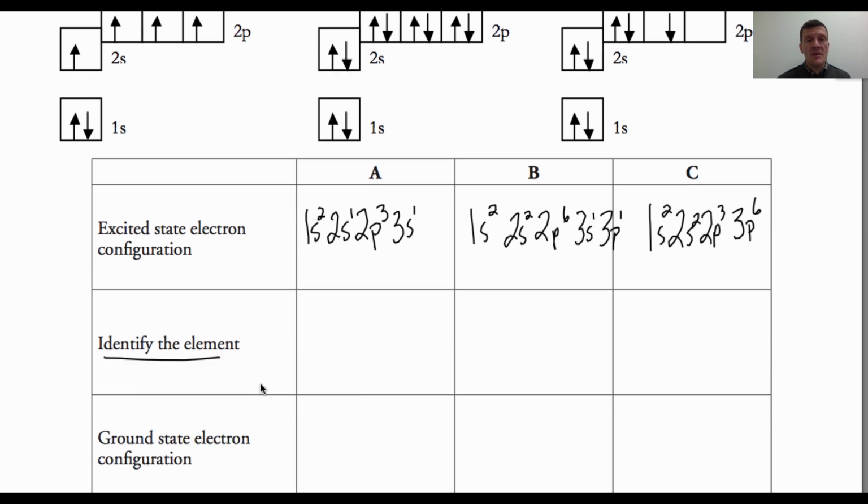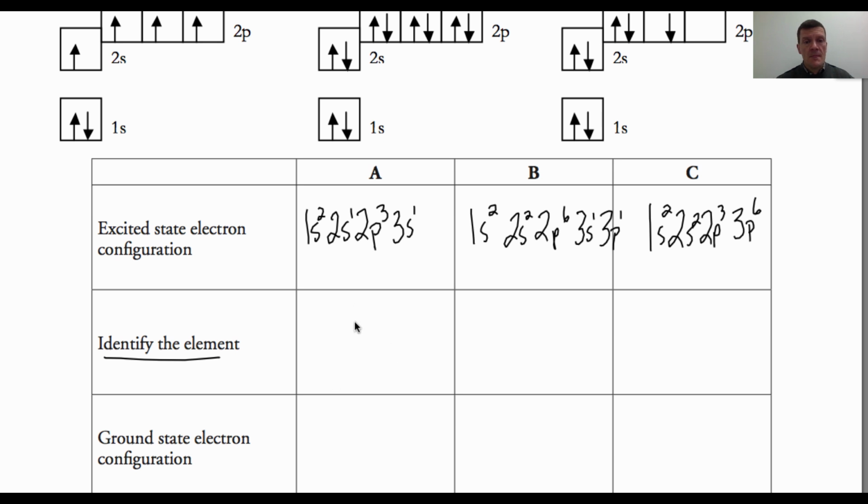Alright, identify the element. Again, we're going to assume that these are neutral elements. Excited, by the way, excited configuration doesn't mean that it lost or gained electrons. It just means the electrons got excited and moved up to higher energy levels. Identify the element. We're going to assume that these are all neutral. So all we do is we count the number of electrons, assume that's the same as the number of protons, which is its atomic number, and we have